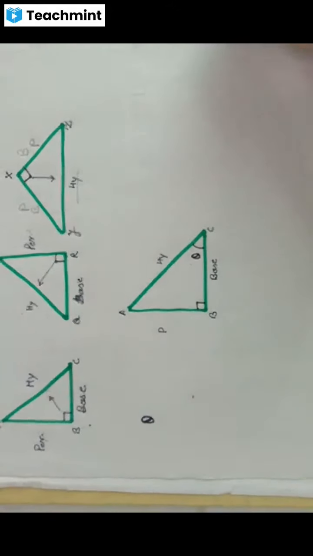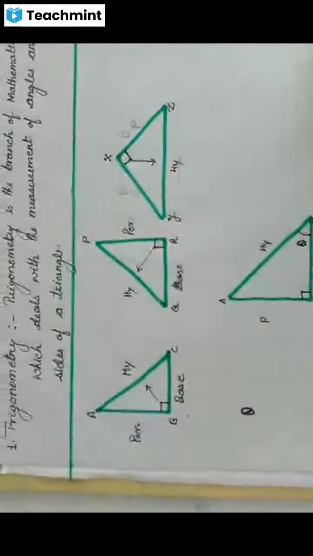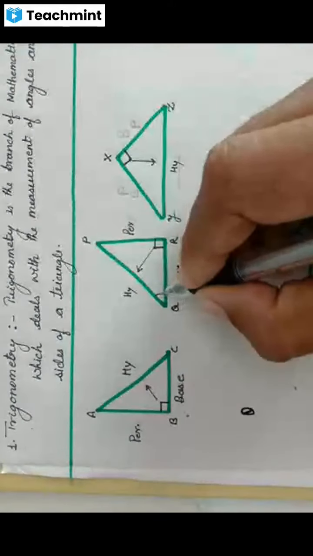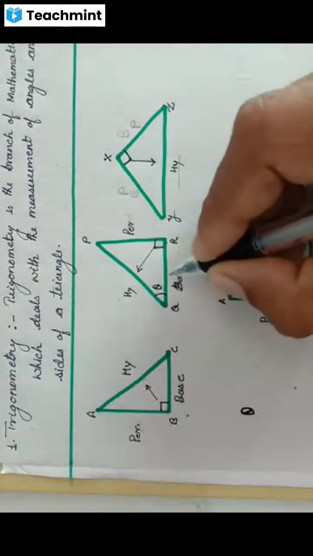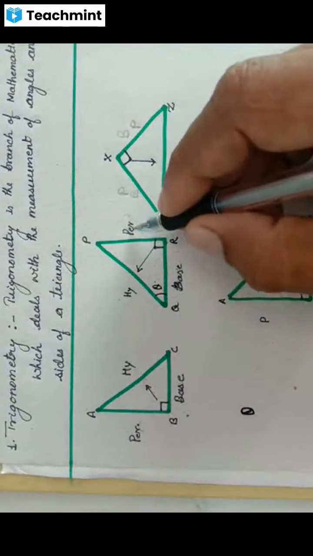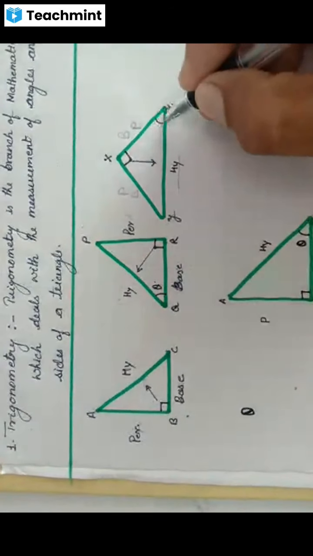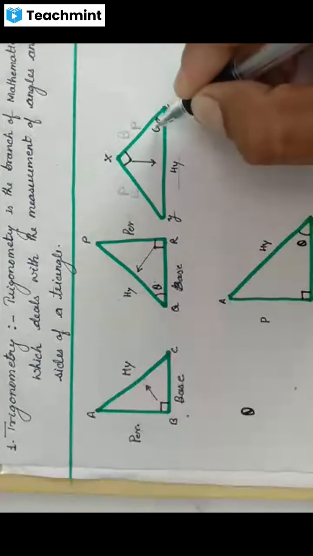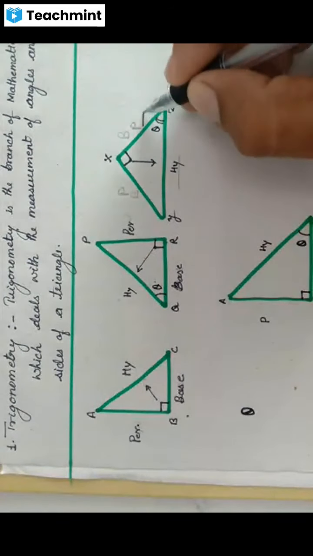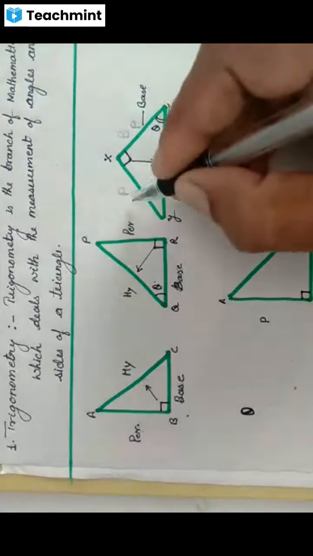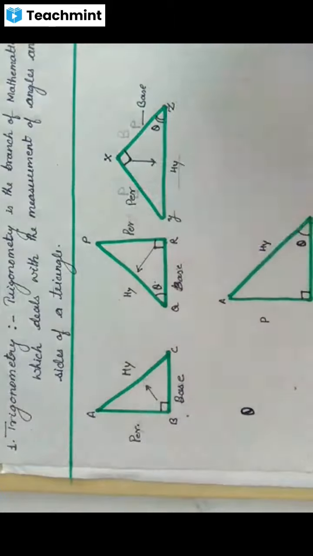In another figure, on the top figure, if I draw that theta is here, in that condition the front side is the perpendicular and this will be your base. In the same way, if I give you my theta on that side, so this side is going to be your base and in front of theta you will get your perpendicular side.